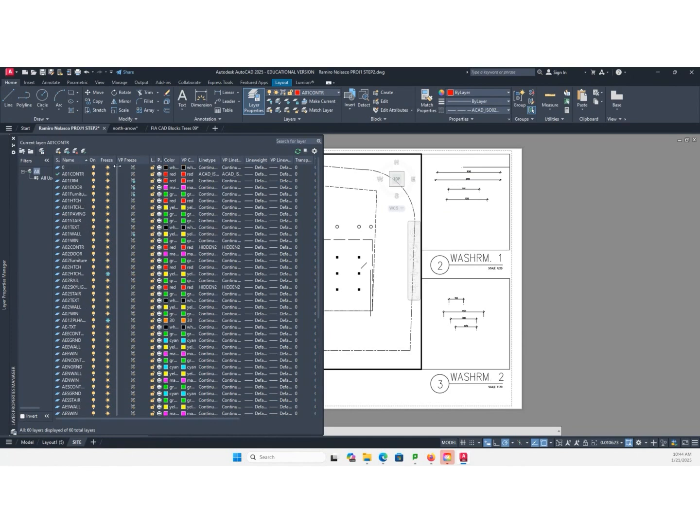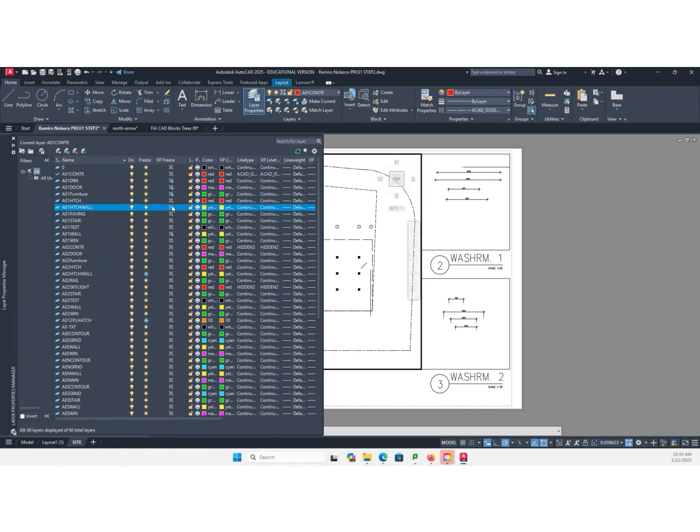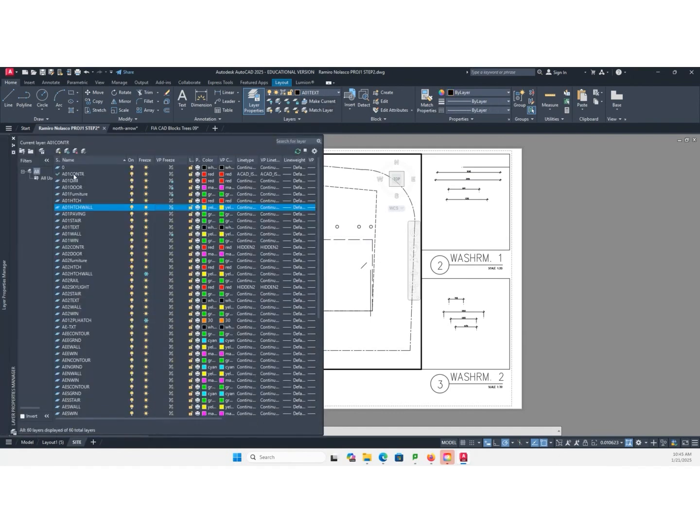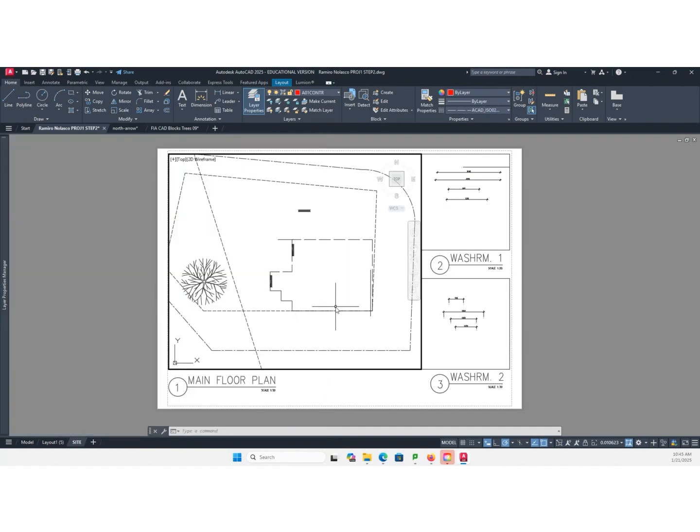This one here. Okay, turn that off. What else? Where did this go? A01 text. So turn off A01 text. Okay. And this line I can delete.